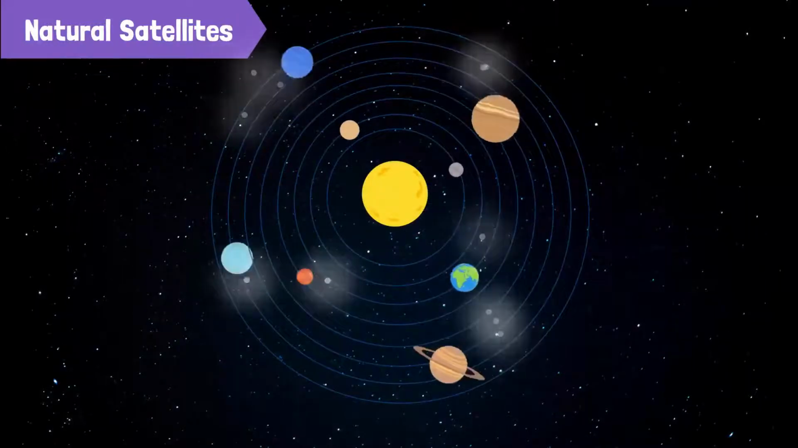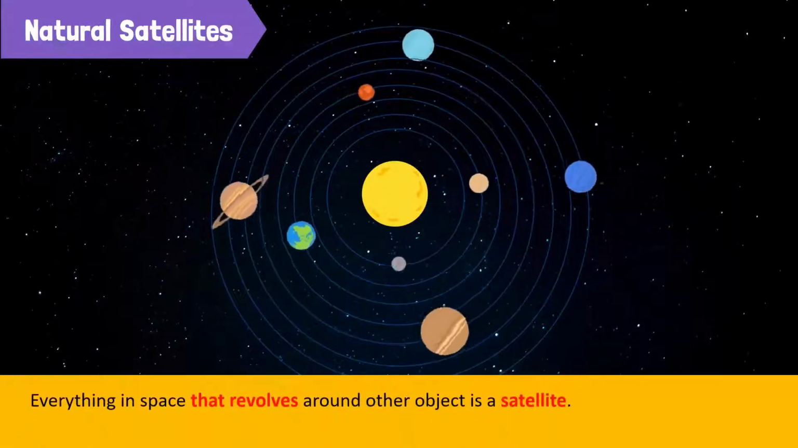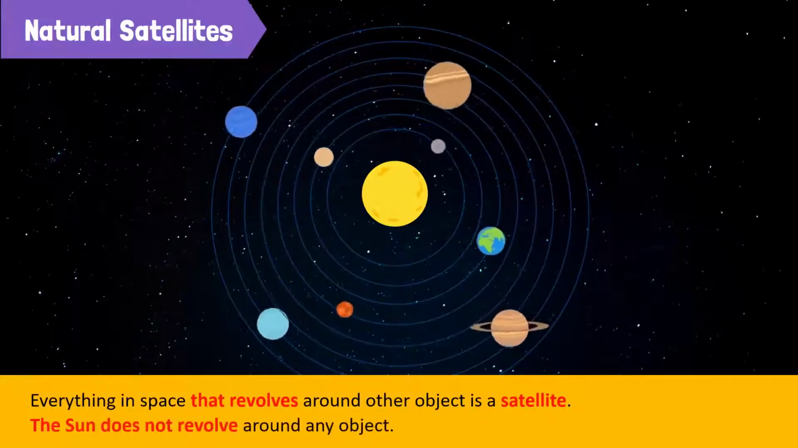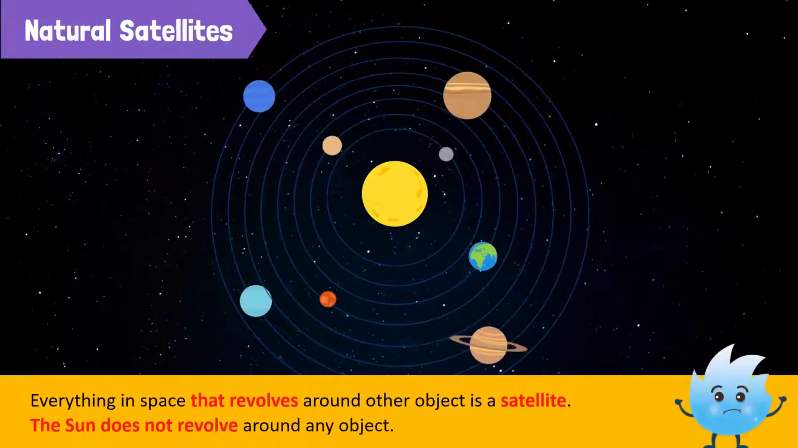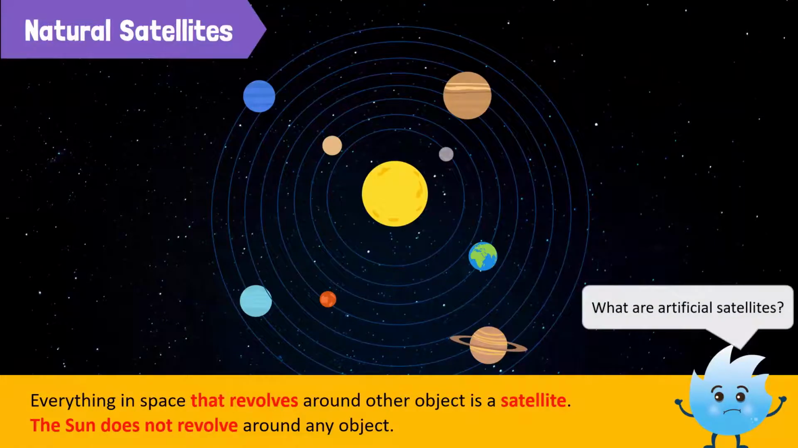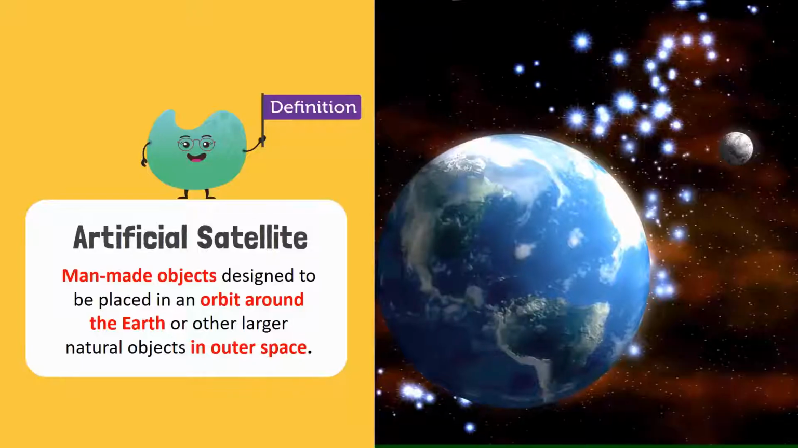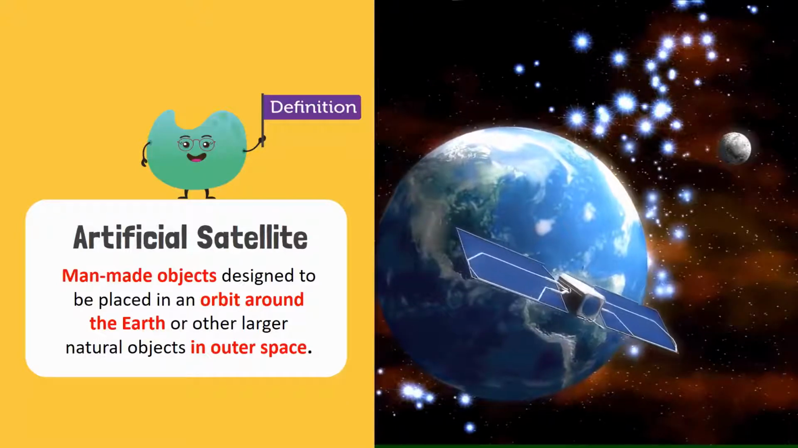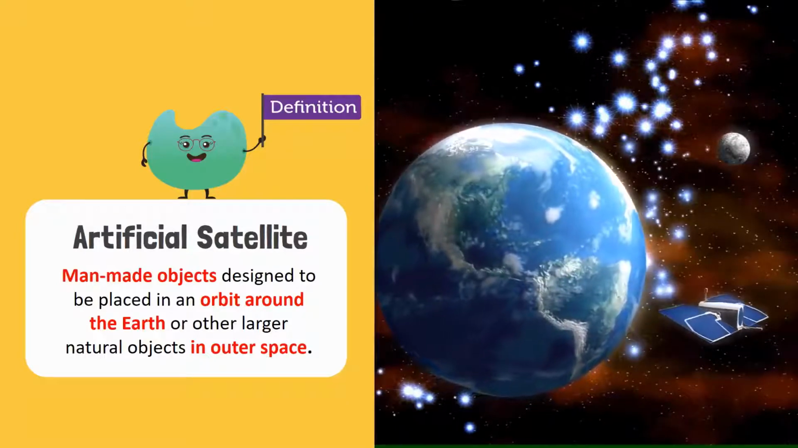Everything in space that revolves around other larger objects is a satellite. The sun does not revolve around any object, so it is not a satellite. Oh, now I understand. But what are artificial satellites? Man-made objects designed to be placed in an orbit around the Earth or a larger natural object in outer space